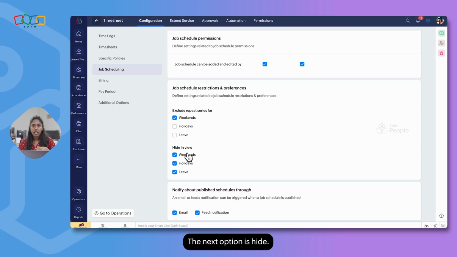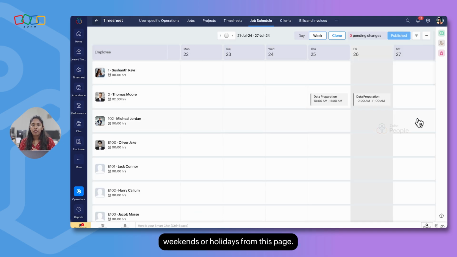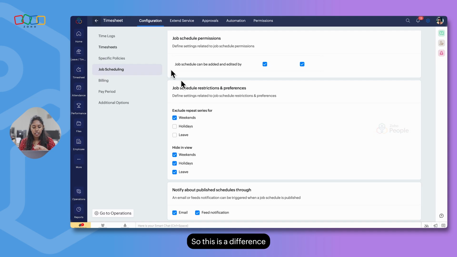The next option is hide. So when you click on hide, system will completely eliminate weekends or holidays from this page. So no weekends, holidays or leave will be listed in this screen. So this is a difference between excluding a series and hiding weekends, holidays or leave from the job schedule page.